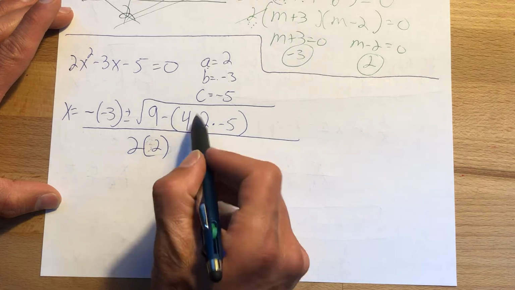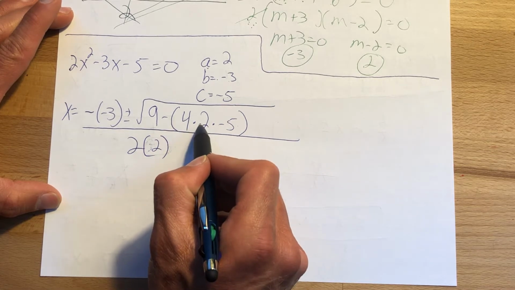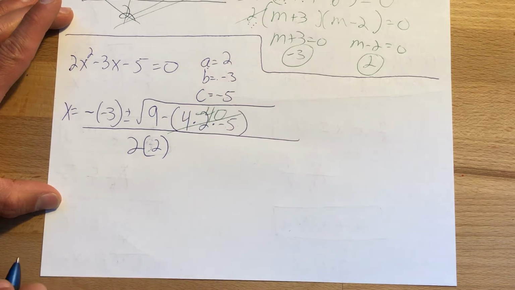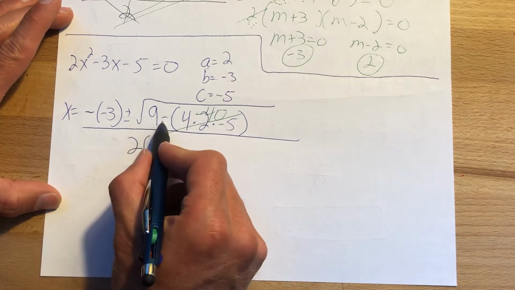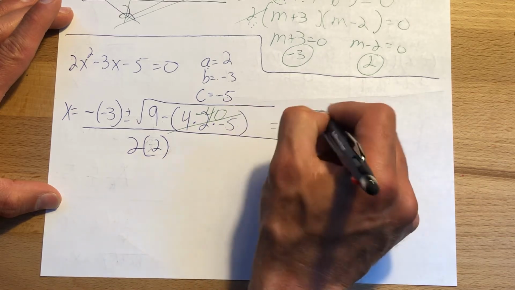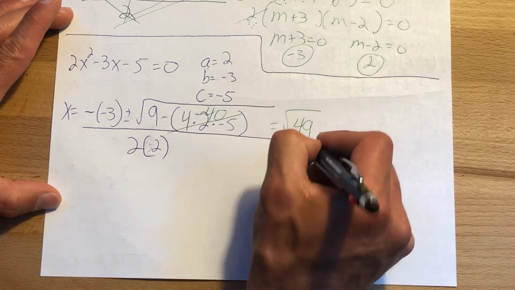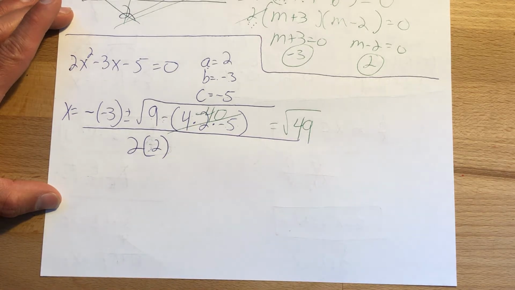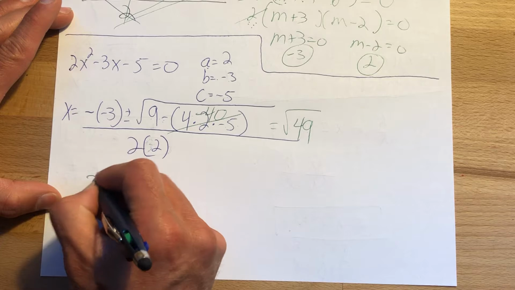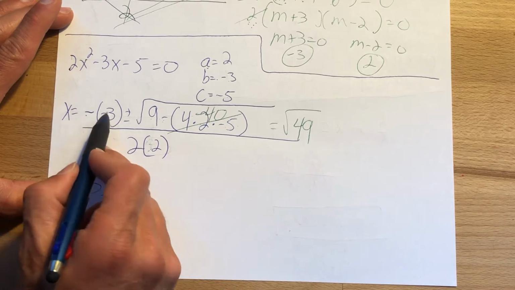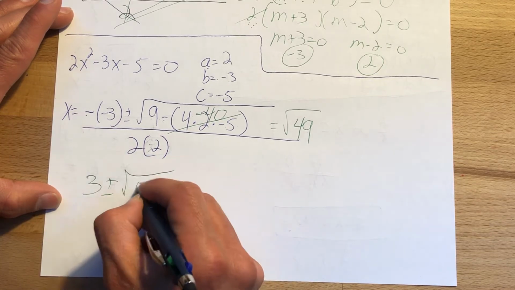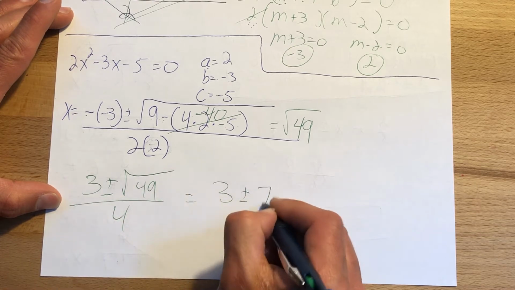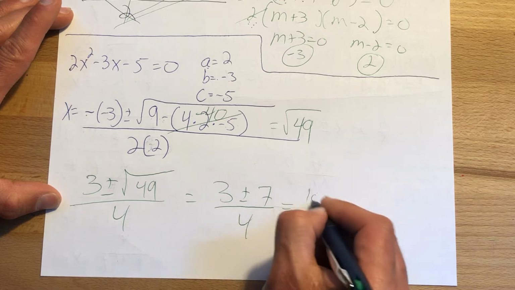Okay, now I'm going to simplify this. 4 times 2 is 8 times -5 is -40. 9 minus -40 is the square root of 49. 9 minus that -40 gives me +49. So I'm going to have 3 plus and minus, because a negative and a negative is a positive. Square root of 49 all over 4, which equals 3 plus and minus 7 over 4, which equals 10 over